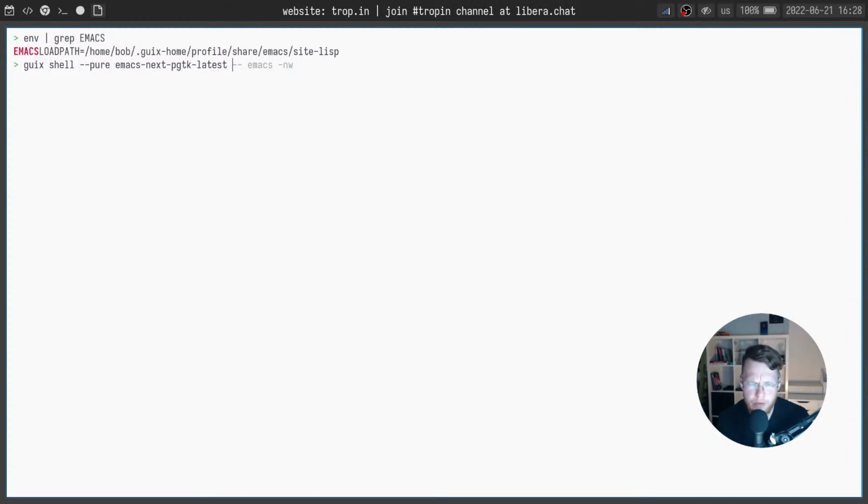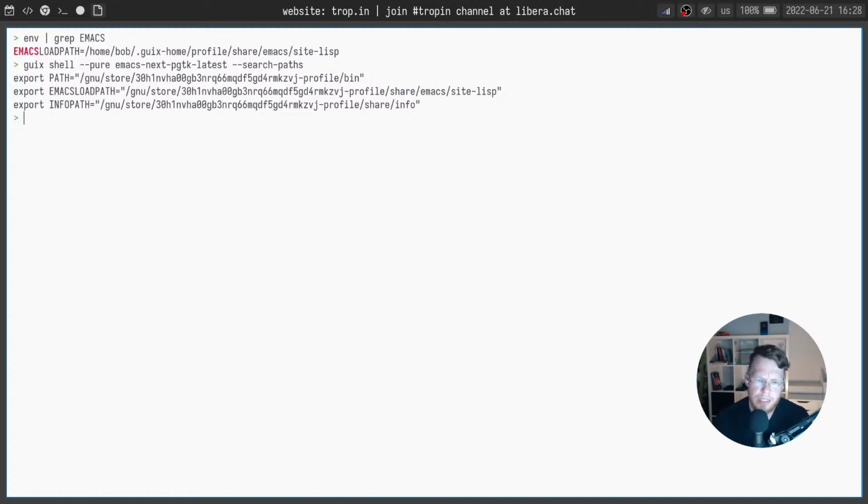And for now, I will create an environment with only one package called emacs-next-pgtk-latest. It's a package defined in the RDE repository, but a similar package is available in Guix repositories without the latest suffix. And let's see the search paths